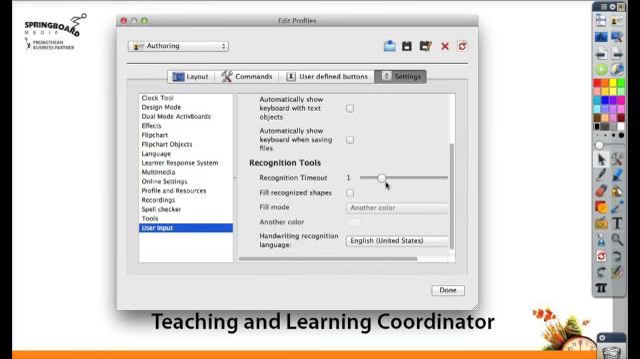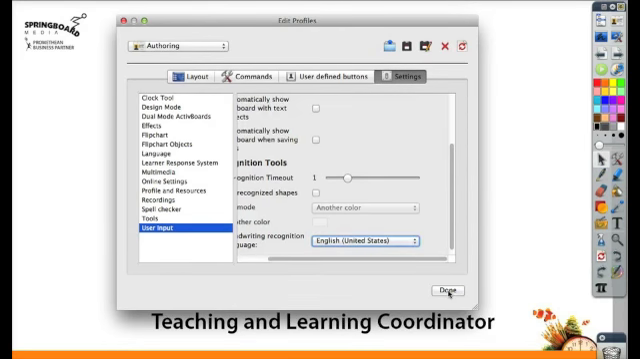You can also change how long it takes when you're using handwriting recognition before it times out. So those are some of the things that you can do in the